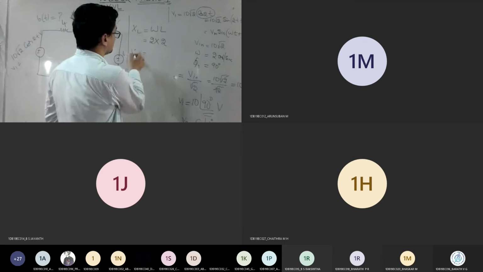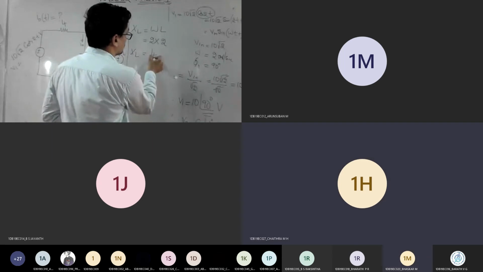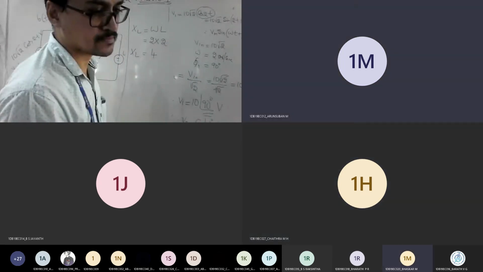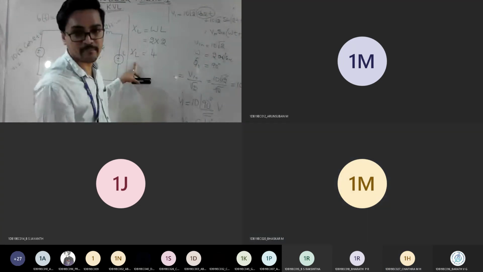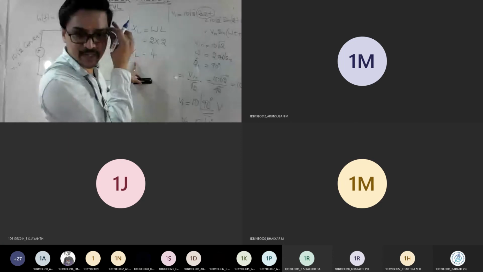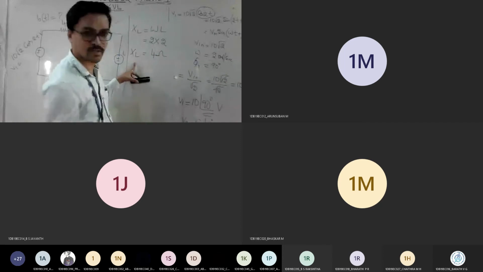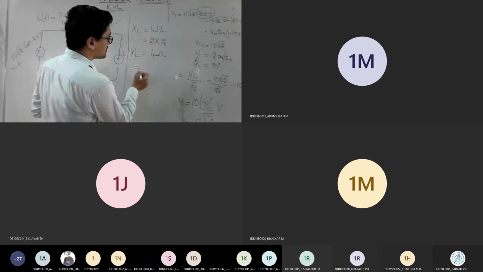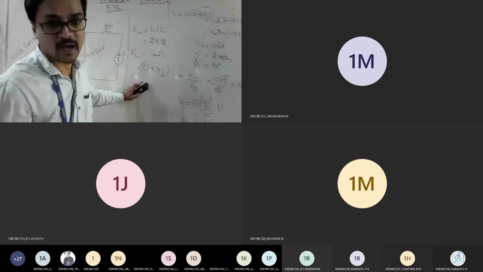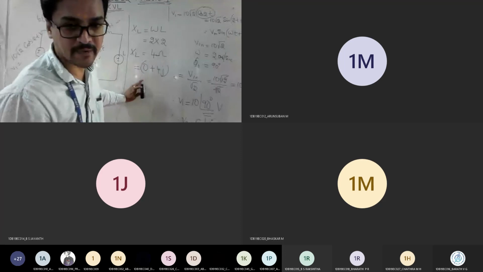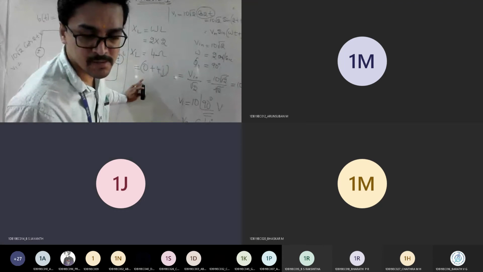Now tell me what your XL becomes. 4J ohms. Is it only 4? So 0 plus 4J, sir. Yes. See, actually reactance should be in terms of your impedance, correct? Whenever impedance comes, there should be a complex term involved. So you can write this as, in general, 4 ohm, but the value I can replace with my 2 Henry as 0 plus 4J. Understood or not? Everyone? Yes, sir. Good.